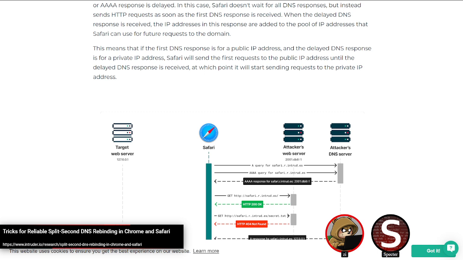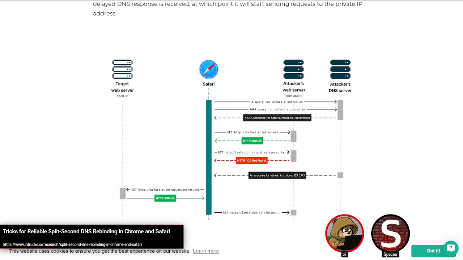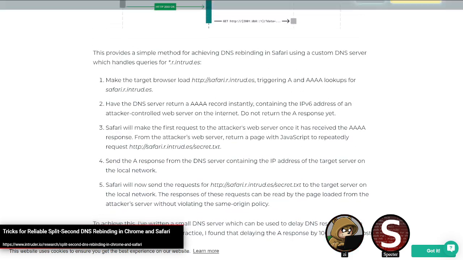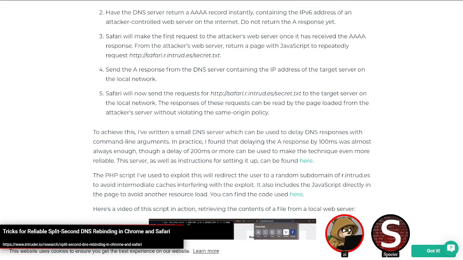You don't need to wait for any sort of caching issue or for any cache to be resolved. You're not sending them both in the same response, but you are kind of getting them together, so you could have this rebind happen very quickly, within a reasonable time frame that somebody might be visiting your website. They call this a split-second DNS rebind because it can happen very quickly as long as the one arrives first. So that's fun, but that is specifically against